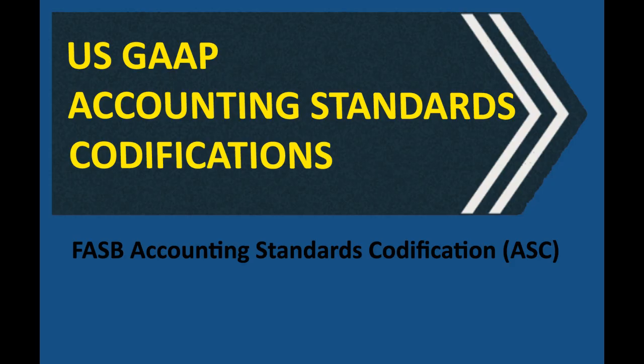Now, what about the SEC, though? They obviously have a pretty big say in financial reporting, especially for public companies. How do they fit into all of this? Oh, great point. To make the codification even more useful, especially for those public companies you mentioned, they decided to incorporate some key authoritative content from the SEC right into it. Really? What kind of content? It's things like certain SEC staff interpretations, some administrative guidance, things like that. You can think of it as a curated collection of SEC insights that are directly tied to those GAAP standards. So it's like a handy shortcut to certain SEC guidance, but it doesn't replace the official full SEC rules, right?